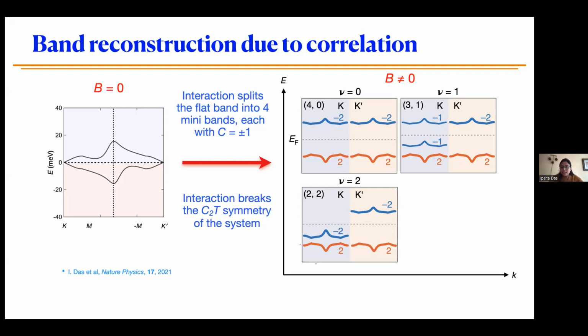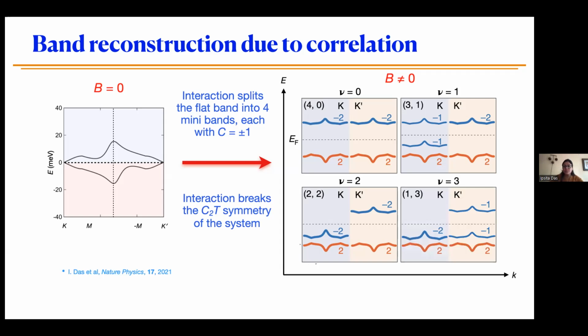And same as nu equals +2, which means I have 2 electrons per unit cell. And so if I consider all the bands filled below the Fermi energy, then I have 2 orange bands, 1 blue band, which will give me total Chern number of +2. And finally, if we consider 3 electrons per unit cell, I'll have a total Chern number of +1. So this shows us